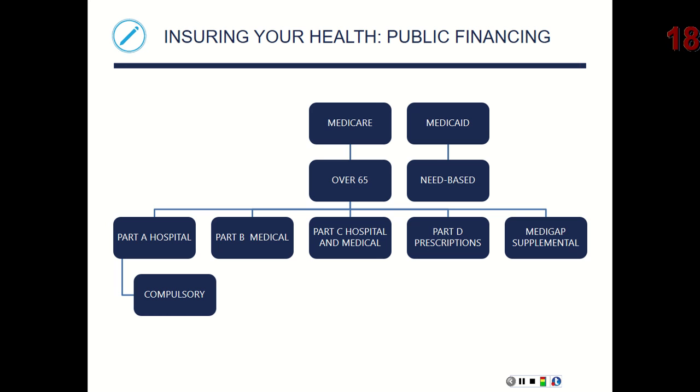And then we've got Medicare and Medicaid. Healthcare covered by the government. Of course, we have our withholdings for our FICA tax. Part of that is going to Medicare, which we would get once we turn 65. And then we've got additional plans that we can add on to Medicare for prescriptions and things like that.